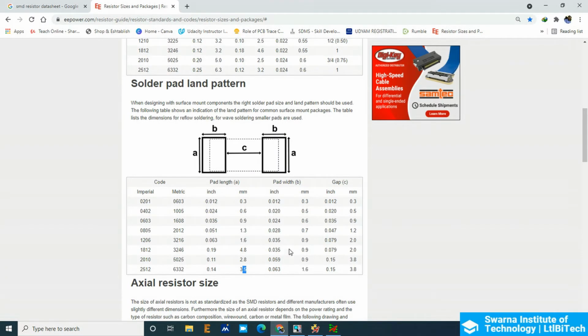Next, we are going to add the pad placement. There are two pads here, pad 1 and pad 2, and the air gap is given, that is C. C is the air gap. Here C is 3.5, but we need the pitch, from the center of the first pad to the center of the second pad. Here we have to take C plus half of B, and here also we have to take half of B.